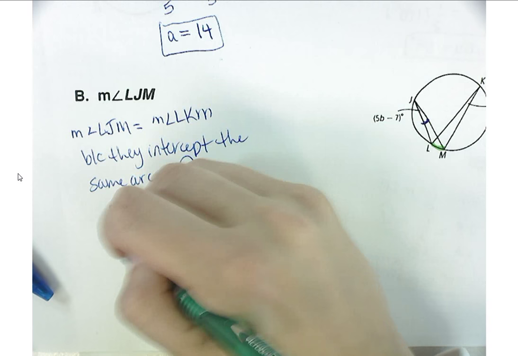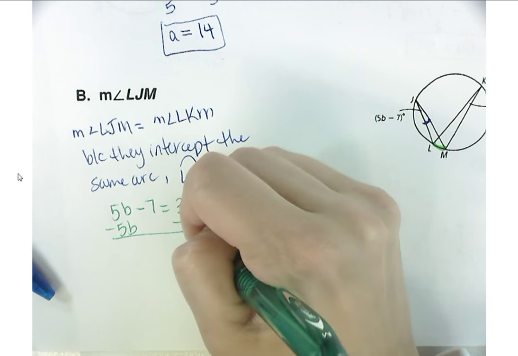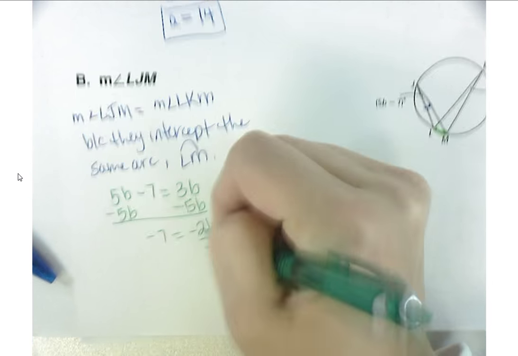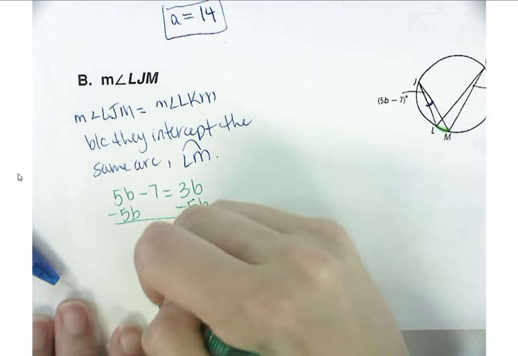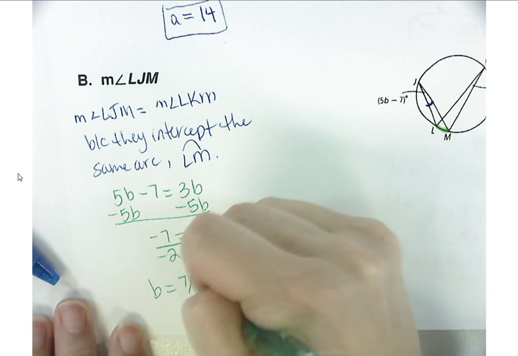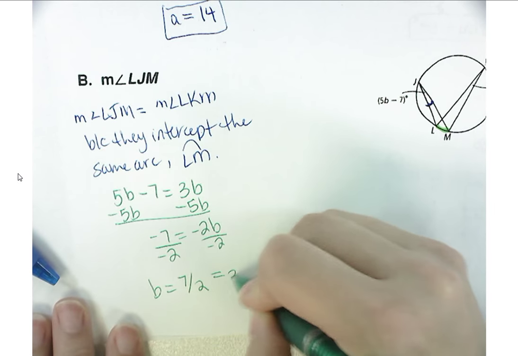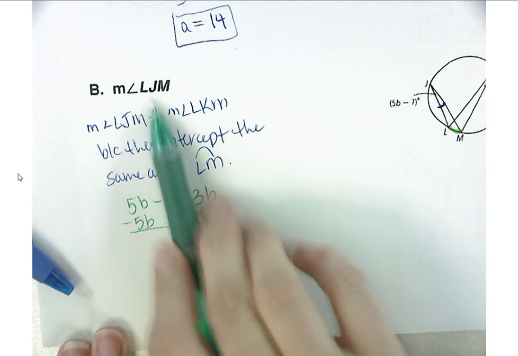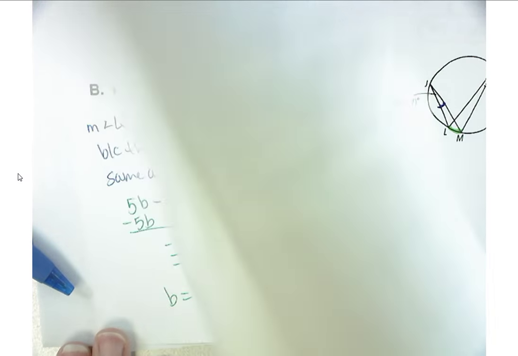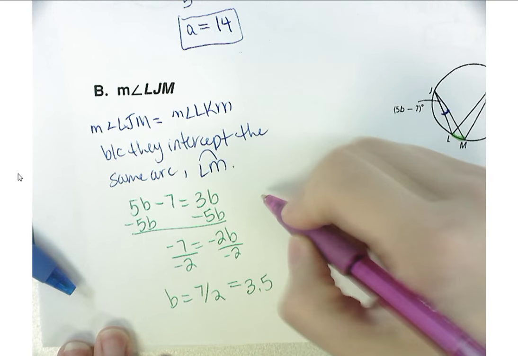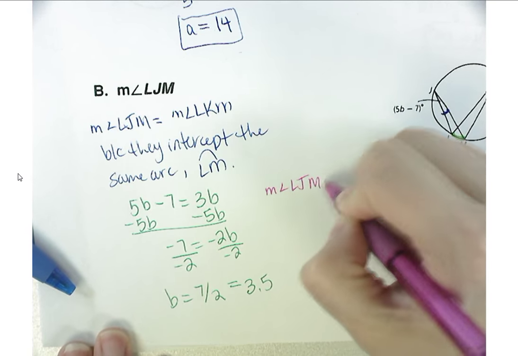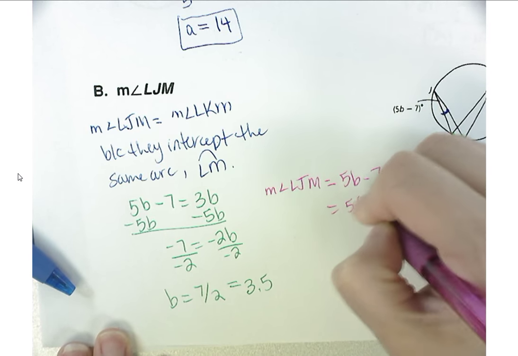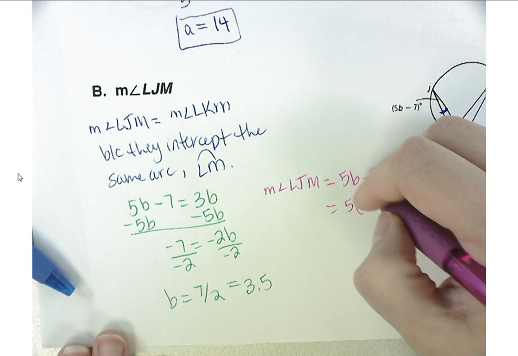So I'm going to get all my B's on one side. Divide by -2. When I have a negative over a negative, that becomes a positive. And you could also write it as 3.5. That's your B value. What we're trying to find is LJM. So we know that the measure of LJM is equal to 5B minus 7. So it's going to be 5 times 3.5